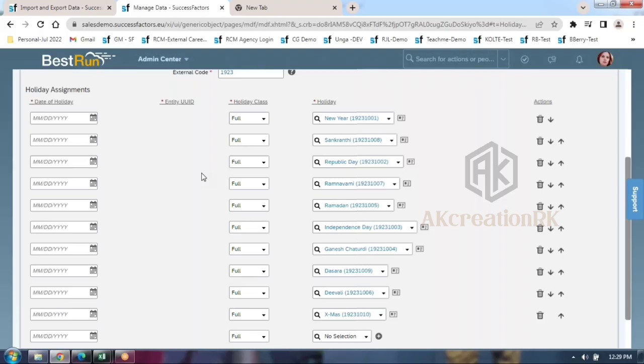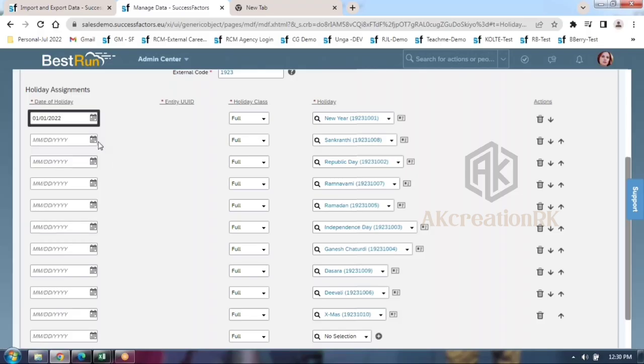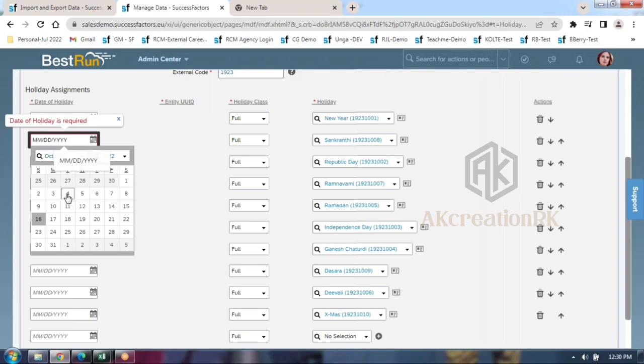Whatever holiday calendar they are using as of today in their legacy system, the same data they are going to provide to you. That's it. There is no hide and seek here. Until you get a new smartphone, you use an existing phone, and tomorrow you transfer the same apps to the latest phone, right? Same here. Previously, whatever holiday calendars they are using, they will provide the screenshot or document. Now let me go by some dummy dates over here, guys. If you want, you can type manually also.